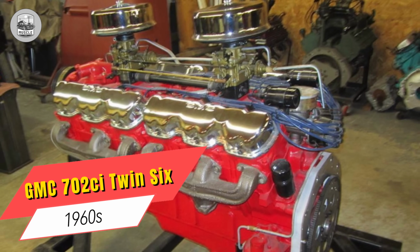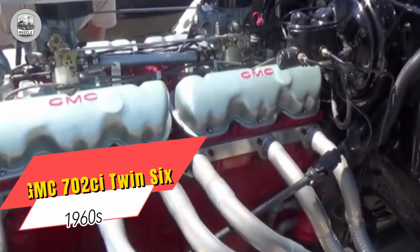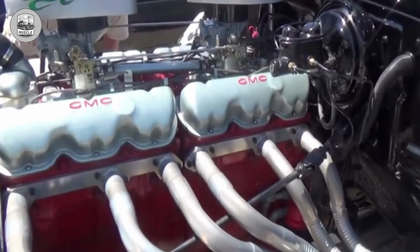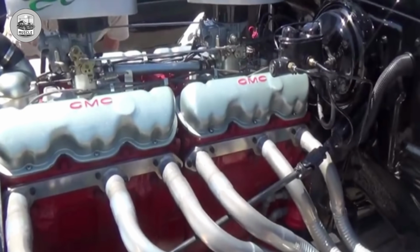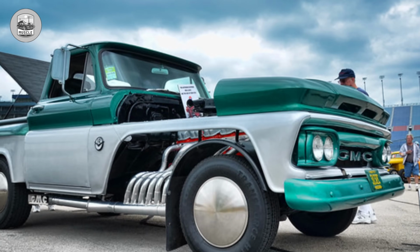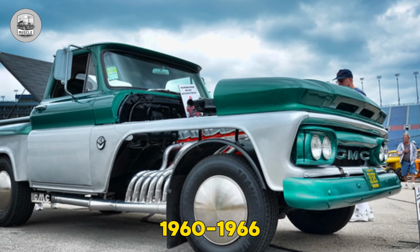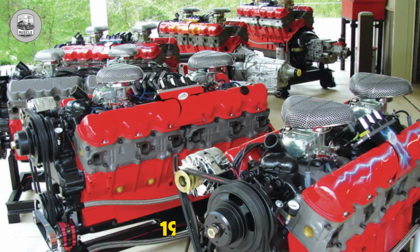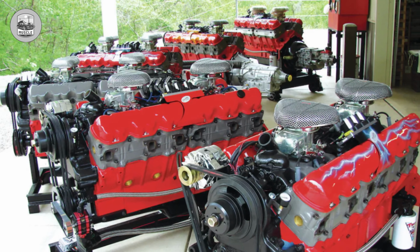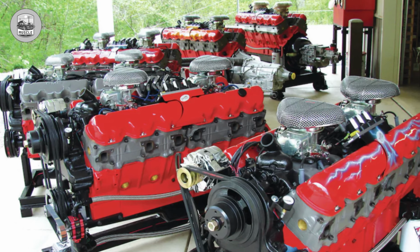1960s GMC 702 cubic inch twin 6. Have you ever heard of a V12 so massive that it powered heavy-duty trucks and even irrigation pumps? Enter the GMC 702 cubic inch twin 6, one of the largest gasoline engines ever produced by General Motors. Built from 1960 to 1966, this 11.5-liter behemoth was designed for extreme-duty trucks, delivering torque that could pull just about